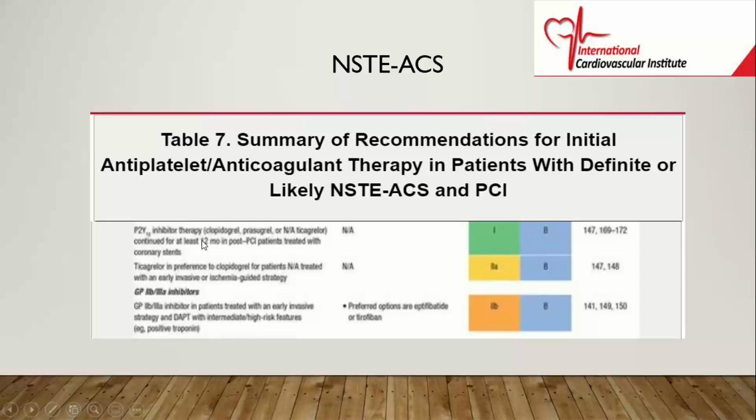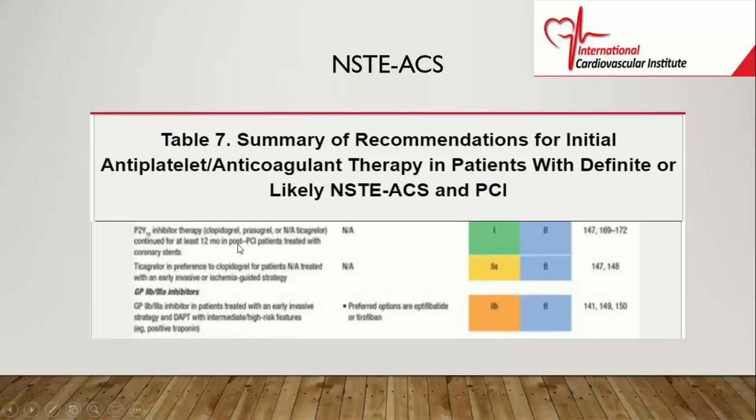So, if the patient has an acute coronary syndrome, and we treat them with a stent, PCI, percutaneous coronary intervention, that is, essentially what that means is a stent and probably angioplasty to a lesser extent, they should be on these medicines for at least 12 months. Okay, so let's just stick to the green. There are other things that we can do, but